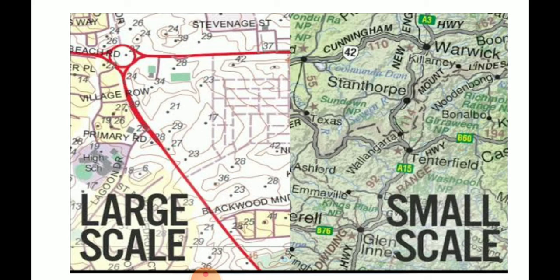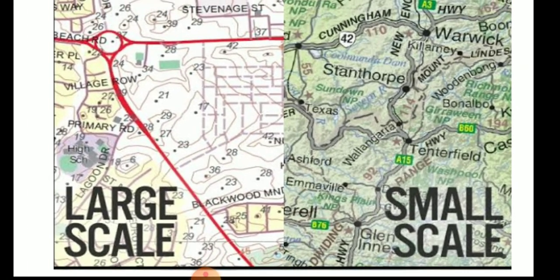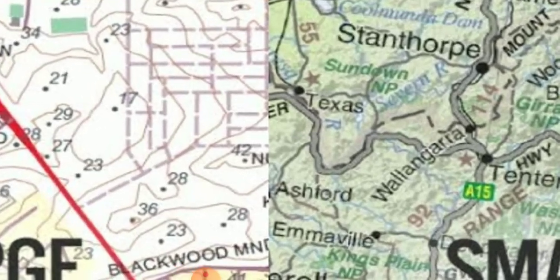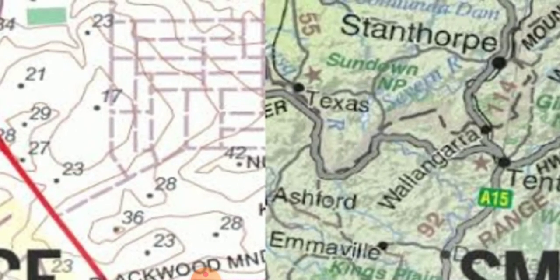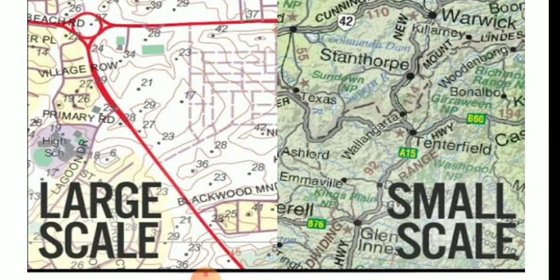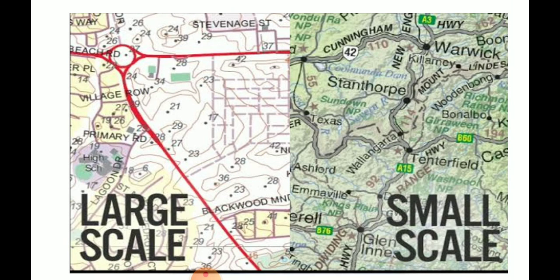So here you could see the small scale map of a city and the large scale map. Now you can relate this when we are going on a Google map and trying to find out our location. We zoom in and zoom in and zoom in. When we zoom in, we are actually going to the large scale map. And when we are going far away, we can see our India also there. So when we are going far away from that map, what will happen? It has to be shown on the small scale.